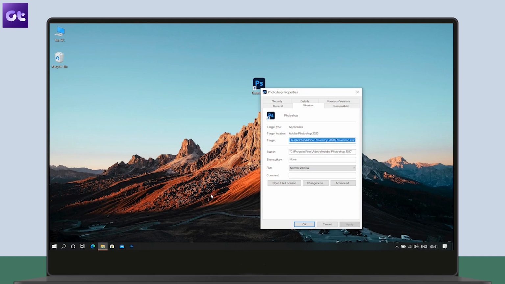Speaking of launching apps quickly, how about creating your own shortcuts? Well, it's super easy. Just create a shortcut of the file or folder you want to. Now, open its properties by pressing the same shortcuts you saw earlier in this video. Now, inside the shortcut key tab, you can record your custom shortcut for it.